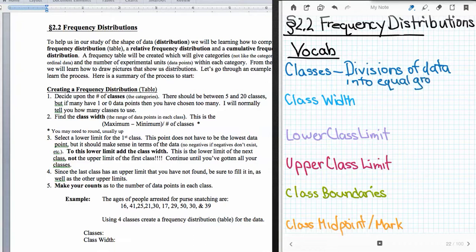Now the next thing that we want to talk about is a class width. Now a class width is, again, remember we're talking about quantitative data here, okay? The class width is how wide from the lowest possible to the highest possible number within one of these groupings, how wide is that? So low to high in class